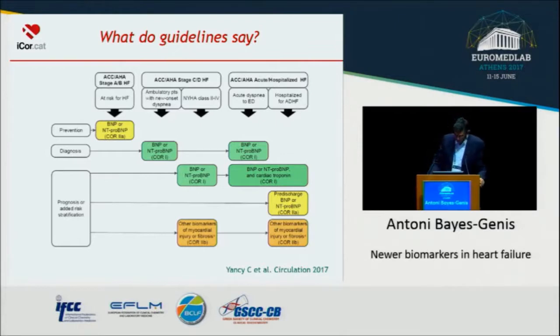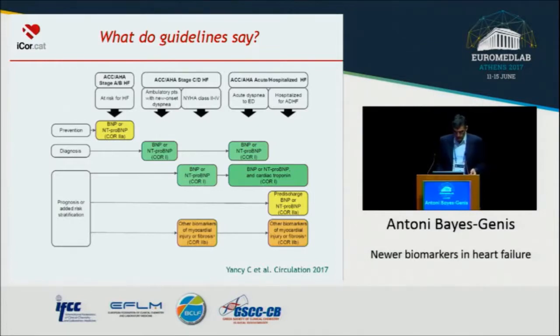and in darker orange at the bottom of this figure, what they call other biomarkers of injury or fibrosis. This means cardiac troponins that we already heard about, and other biomarkers of fibrosis. And I'm going to focus on ST2, which is the biomarker that appears to be better suited to get into